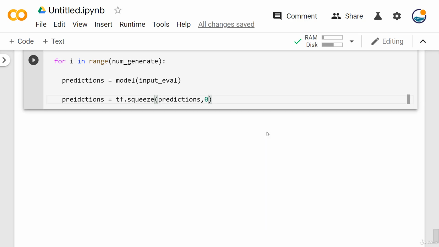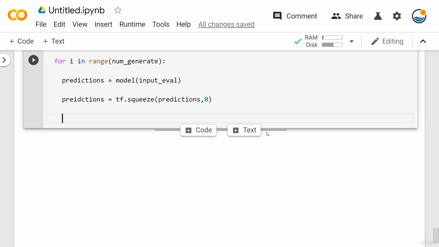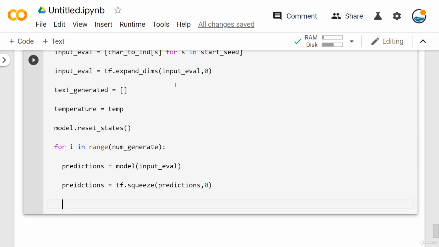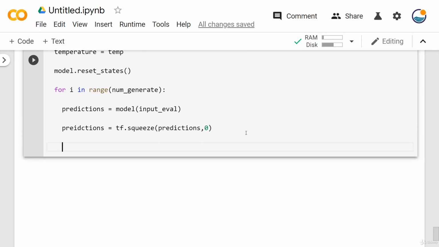It's essentially reversing the tf shaping we used earlier. That is to say, this tf.expand_dims, it's the opposite of squeezing them. And then we want to use a categorical distribution to select the next character. So, whoops, make sure we spell predictions right here. Perfect. Then we'll say off of this